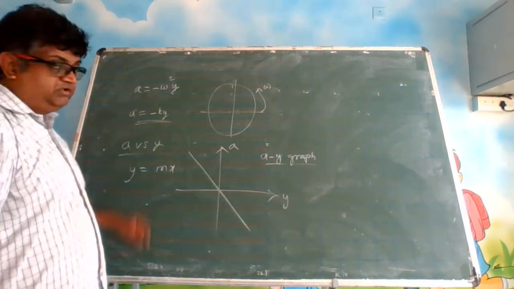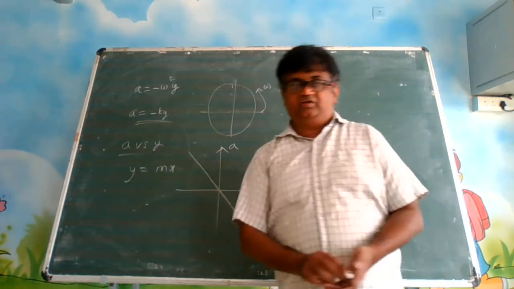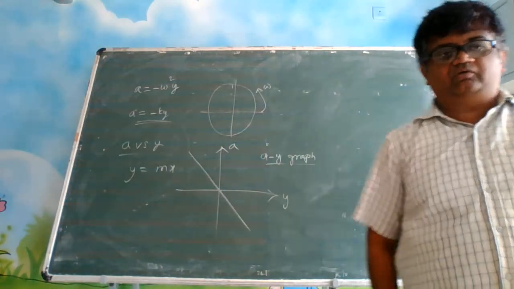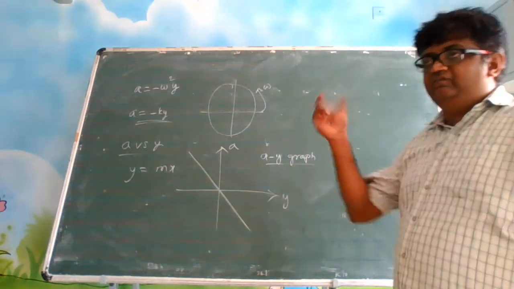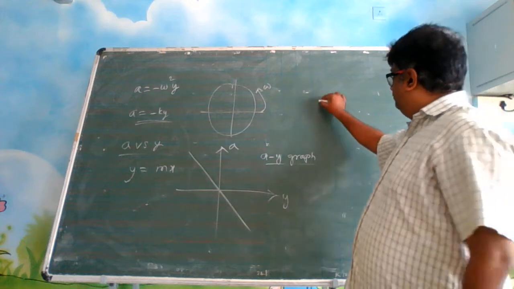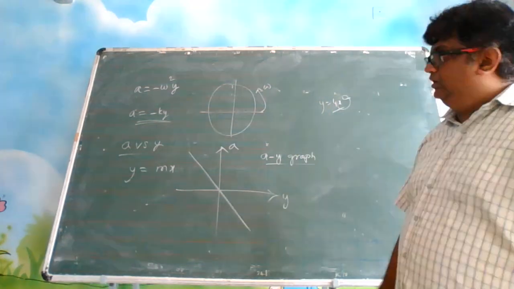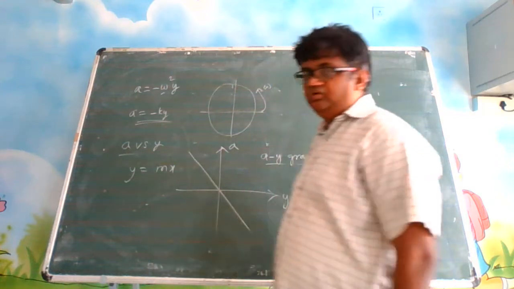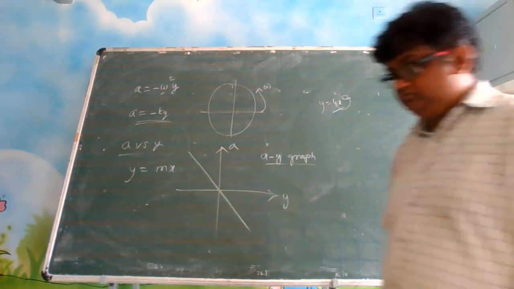Because it says omega square, don't think that is parabolic. Okay? Omega square is a constant. Whether it is omega square or omega power 4, basically it is a constant thing. Parabola it will become when it is a variable. If I write y is equal to 4x square, x is a variable there, but this is not a variable, this is a constant. So it is a straight line. So this is another concept.